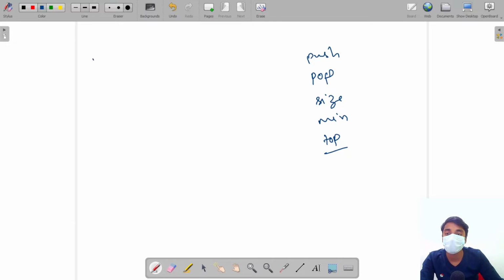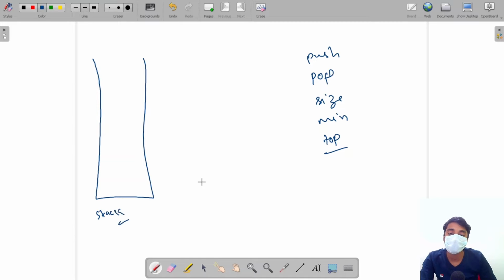So let us say this is our stack. Here will be the minimum element. This is our data to be pushed in stack. Let's push 8.